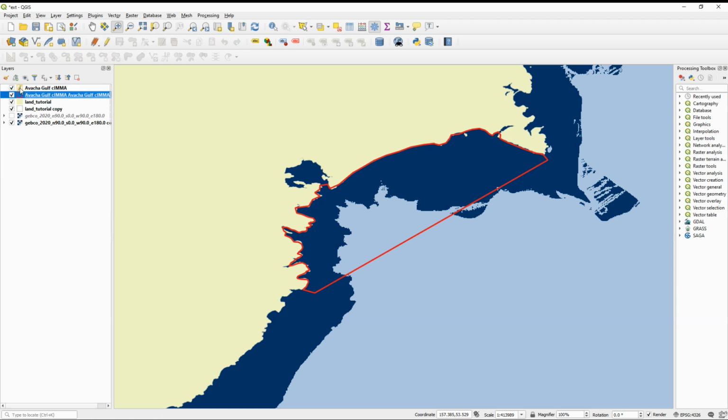So now you'll see that a little pencil has been put into the legend box for this shapefile. And now we're going to start adding some information to it. In this case, we're going to start adding a polygon feature. You could either use the little icon on the menus, or alternatively, you can go to Edit and then Add Polygon Feature. They both do the same action. So now we have a little crosshair, a little circle with some ticks around it. This allows us now to draw a new shapefile.